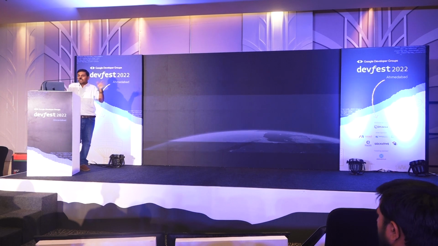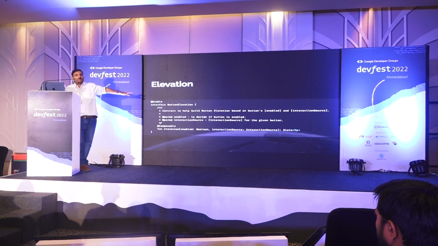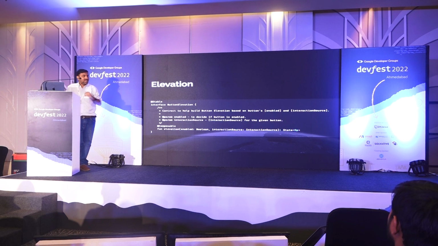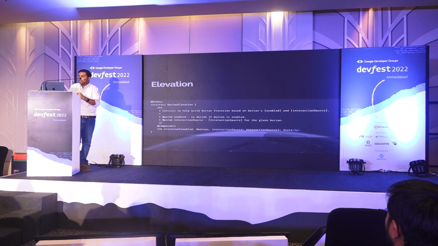Next, sorry, I'm going to skip the elevation part. Very simple interface, which even Compose does in the material design world. What I'm providing extra is that I'm going to maintain it as a state. So if I write the button as elevated in one screen and I want it disabled when the internet goes off, that logic can now be controlled through state. I literally have a val state, internet state is equal to remember whether the internet is there or not, depending on how the button responds to it. That's why I've converted it into a state, okay?